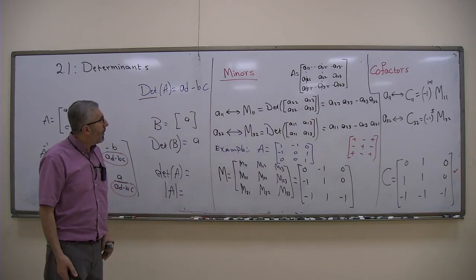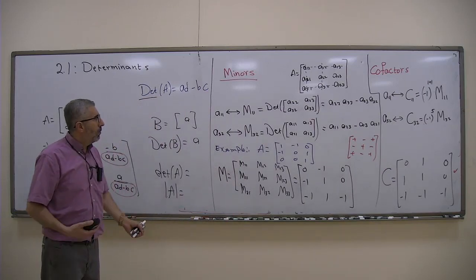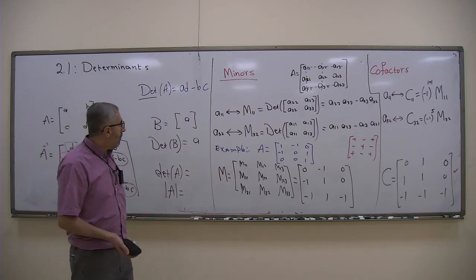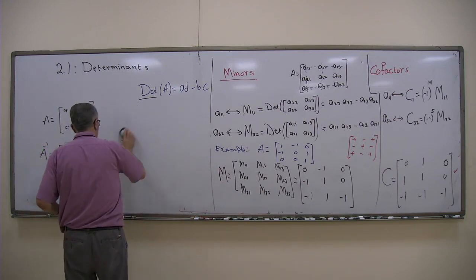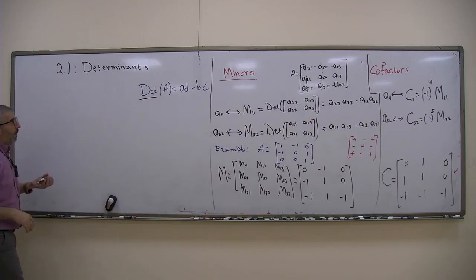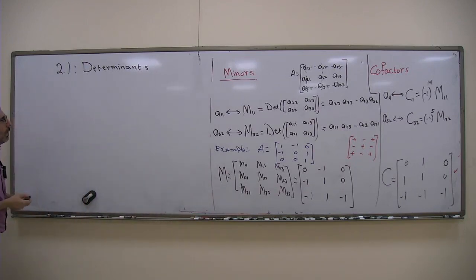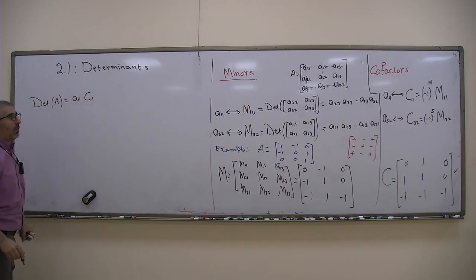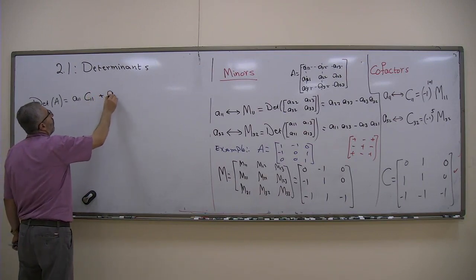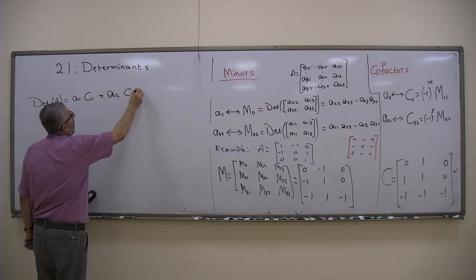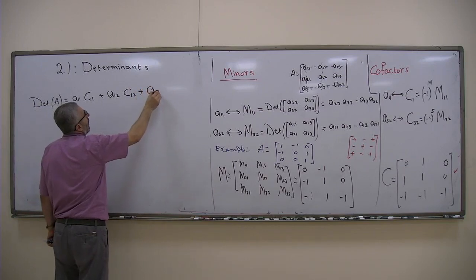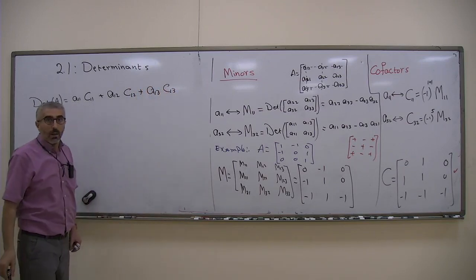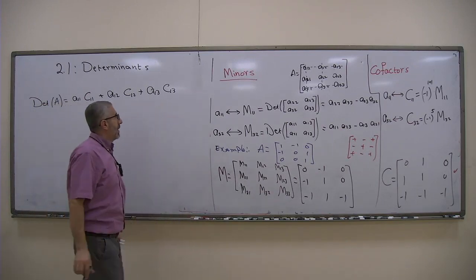So we know how to find minors. We know how to find cofactors. Now, what is the determinant? The determinant of A is going to be A11 C11, plus A12 C12, plus A13 C13, which is going to be the same as